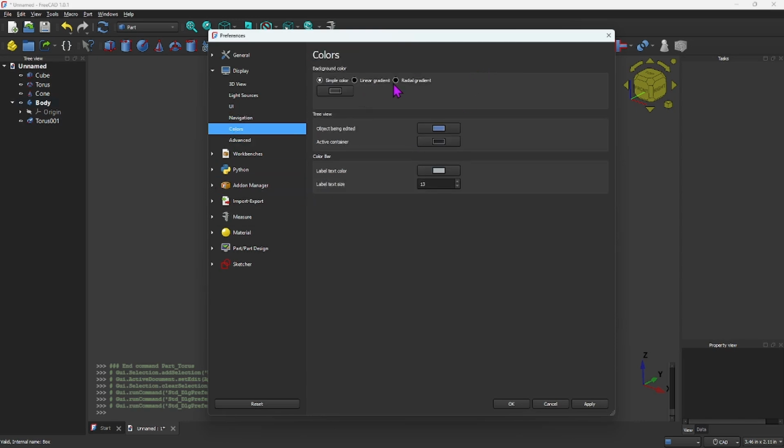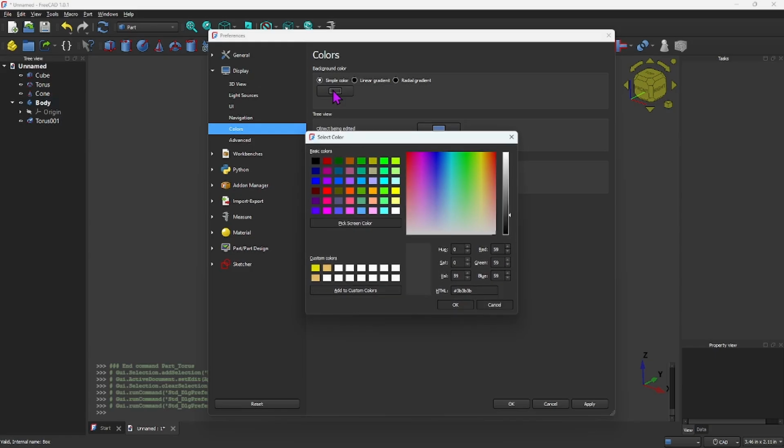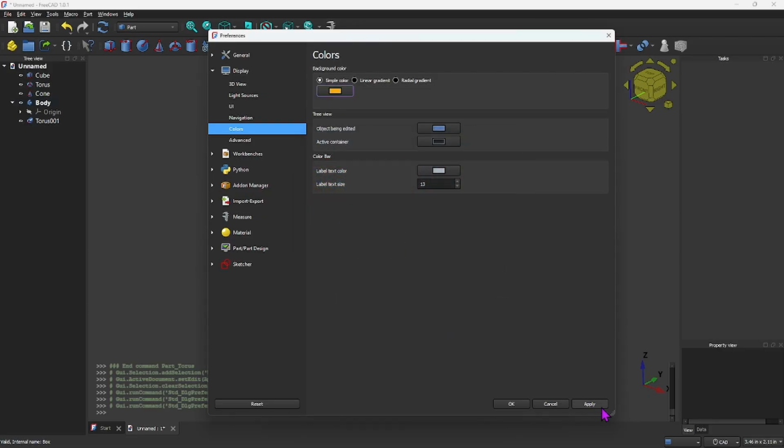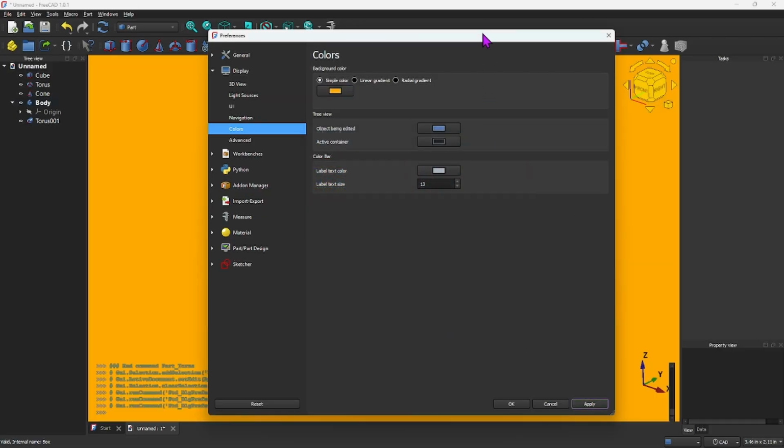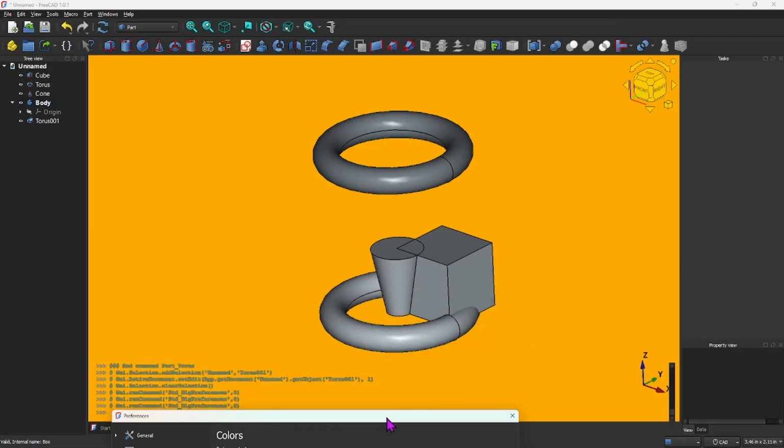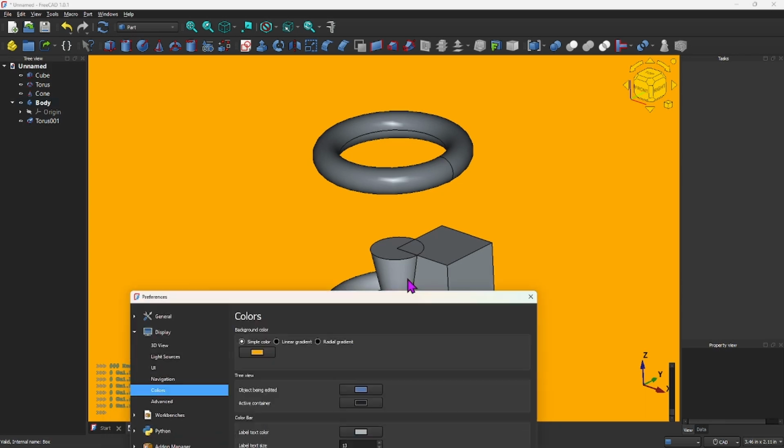Colors, a simple color for the background. Now, background, I do have a preference here, and I'll input, you can select here any color and it'll be the background over here. I mean, heck, you could change your background to this orangish looking color, hit OK, apply it, and there's your background. Some people may like that. That's not